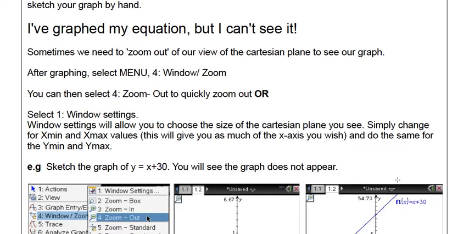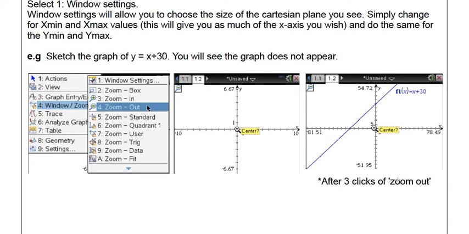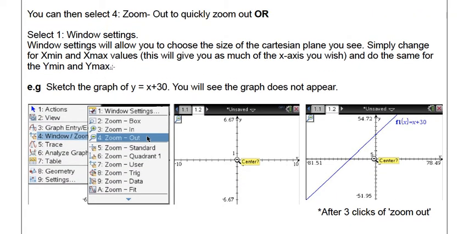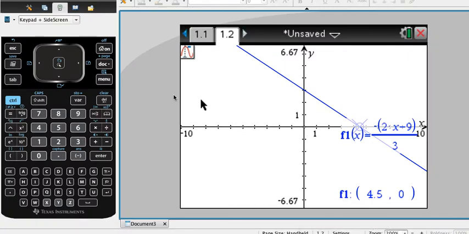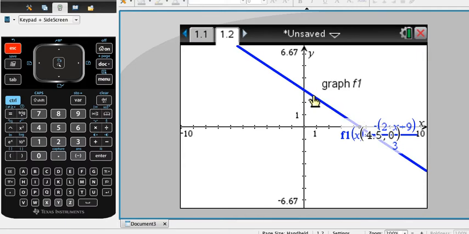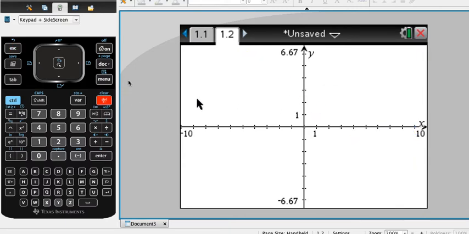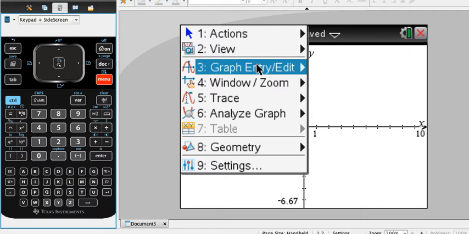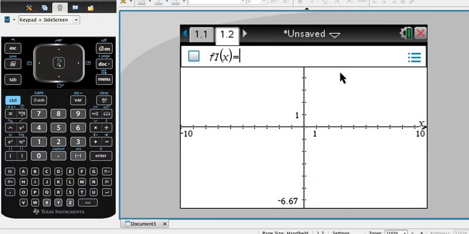Okay, now this bit down here is just telling you that you can zoom out, because sometimes when you graph an equation, say y equals x plus 30, you can't see it. So if I get rid of this one, highlight it and delete it, and then if I want to add one, you'll notice that my fx isn't there. I just have to go to Menu, Graph Entry, Function, and I'll get this to come back up. So if I wanted x plus 30, for example,